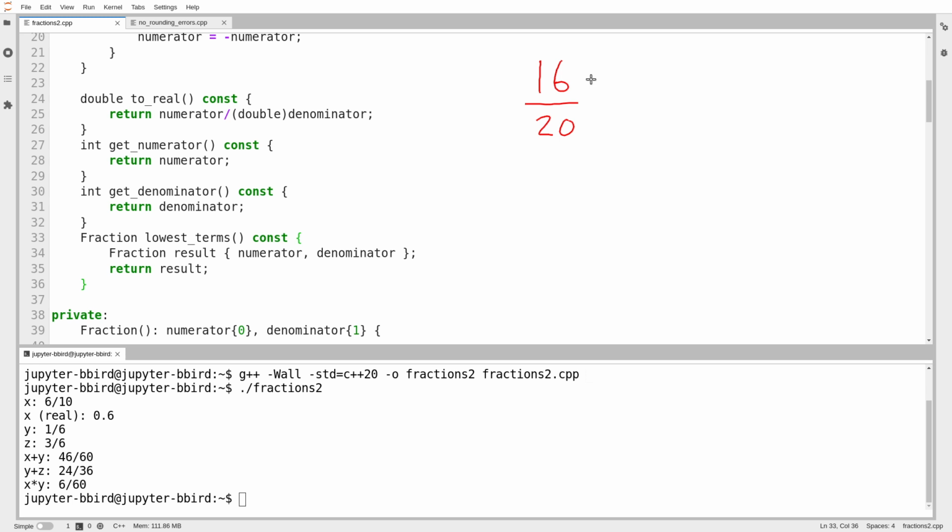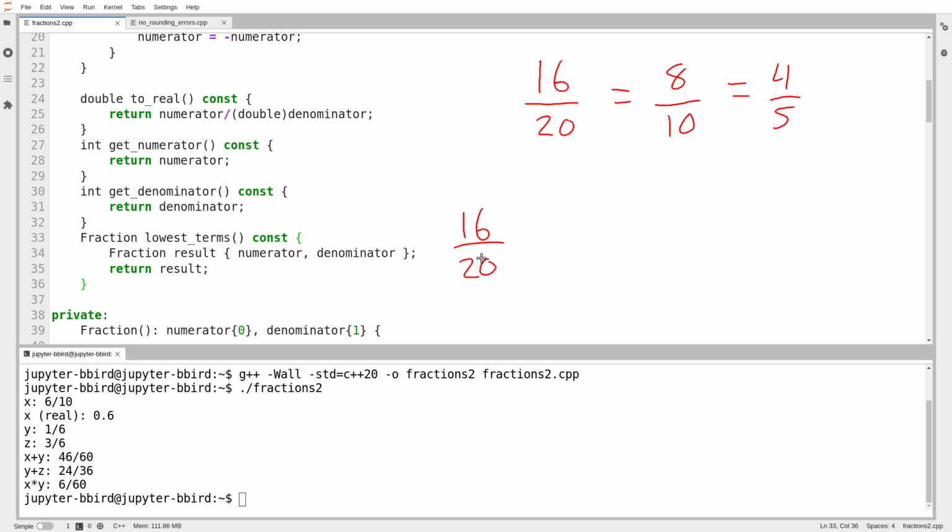So what I could observe is both 16 and 20 are divisible by 2. So I could rewrite the fraction as 8 over 10. I could then observe that 8 and 10 are both divisible by 2, and I could reduce the fraction to 4 over 5. This is probably the way you do things like this. You look for some common divisor and then use it. But I want to justify formally why this works. It's not going to surprise anybody,